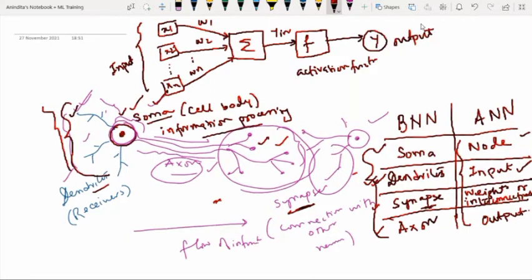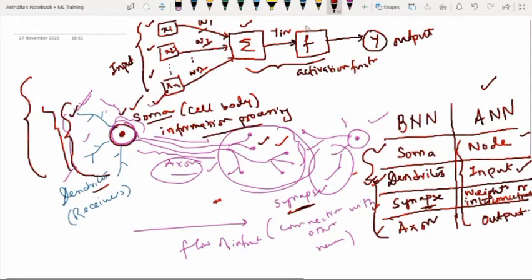Now see, what is the concept of biological neuron? Conceptually, some components are borrowed, but artificial neural network is something different because it uses some inputs, then it uses some weights, and then it will process the information in two steps. The first step is the summation step, and the second step is computing some kind of activation function, and then only we will be able to see the outputs. So this is the very basic architecture.